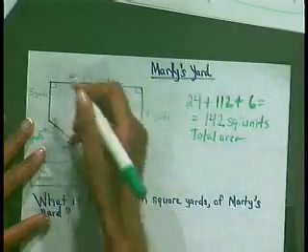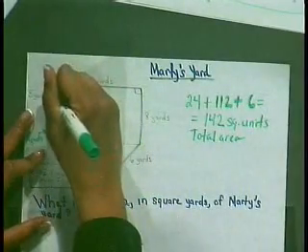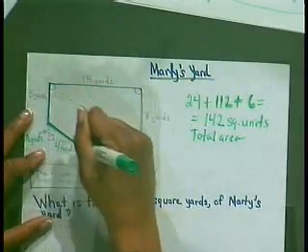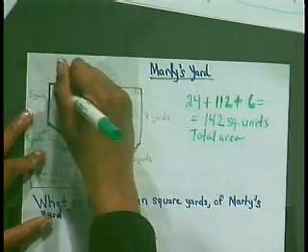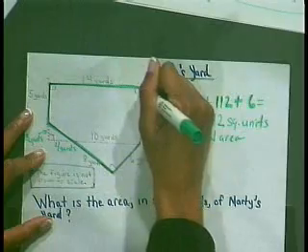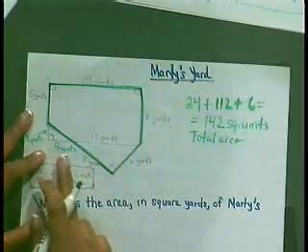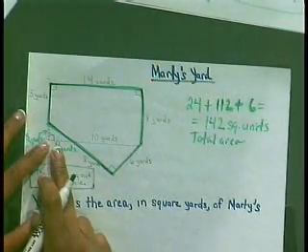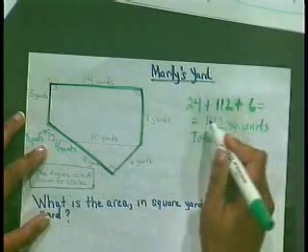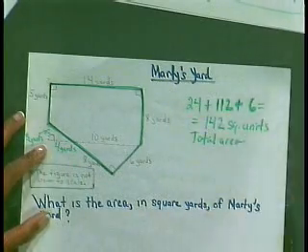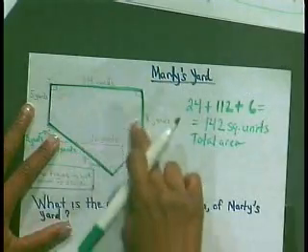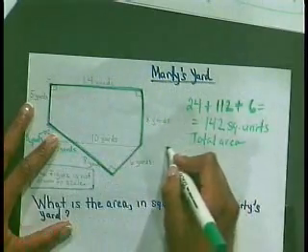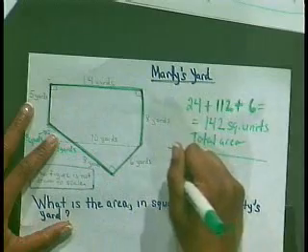Okay, now if we were just finding the area of this portion of Marty's yard, we would not include the smaller triangle. So therefore, the total area would be 142. However, if we're just finding the area of the outline portion of Marty's yard,